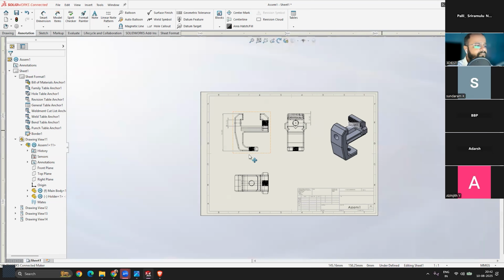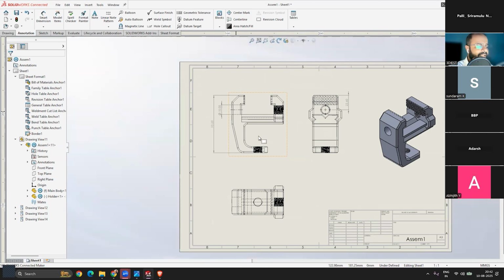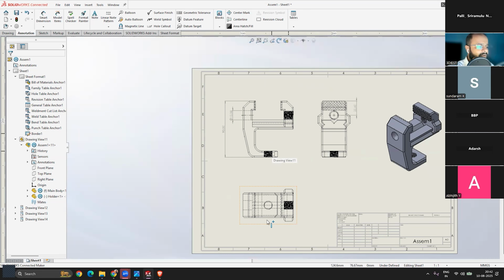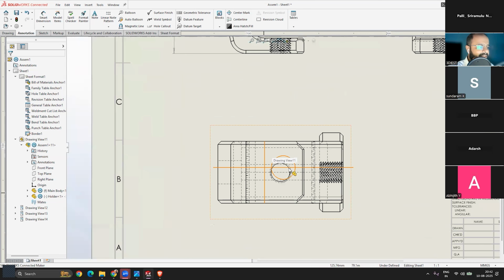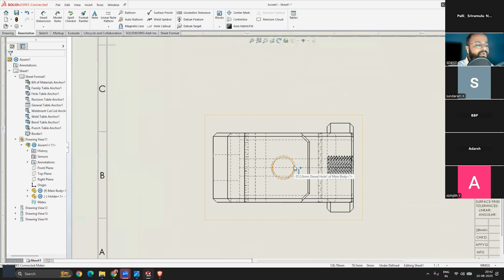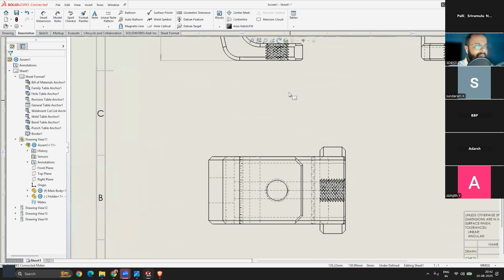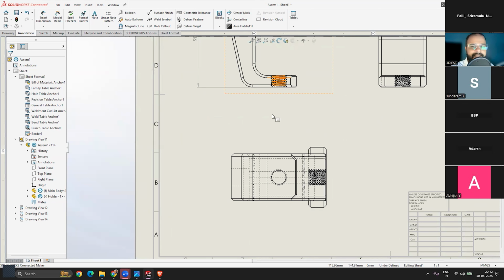That's why. So now you can see we added. Now let's say we want to add information about this hole. What is this hole size, right? So if I remember, we had created this hole using the hole and thread tool, right? So we'll activate this